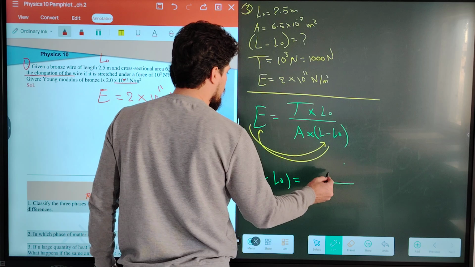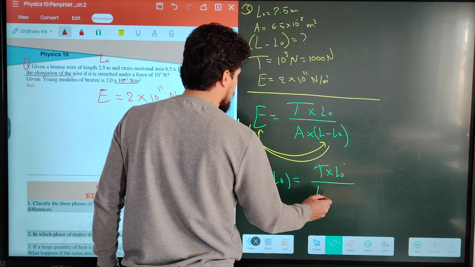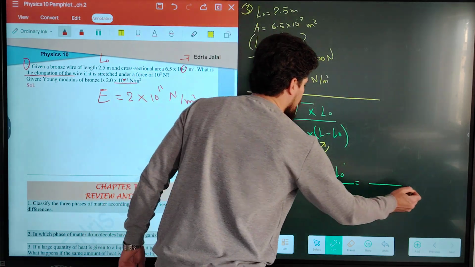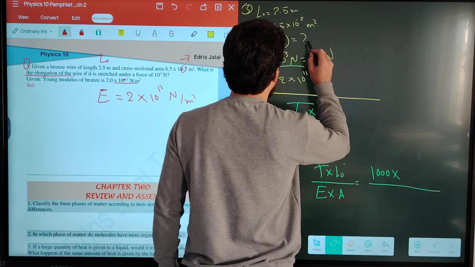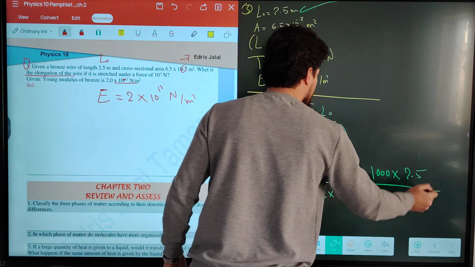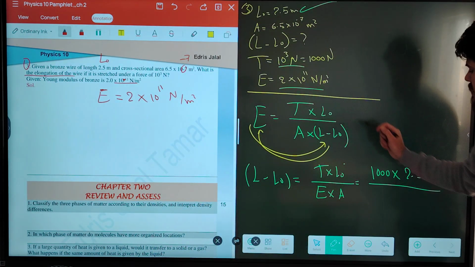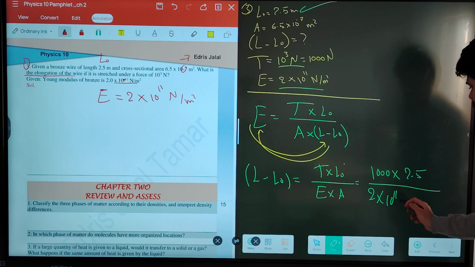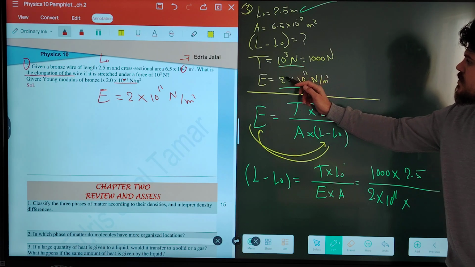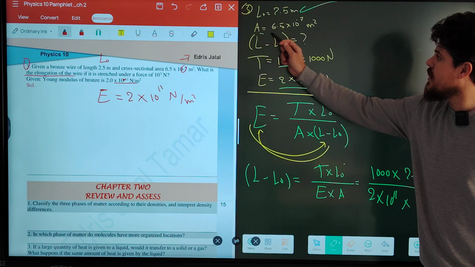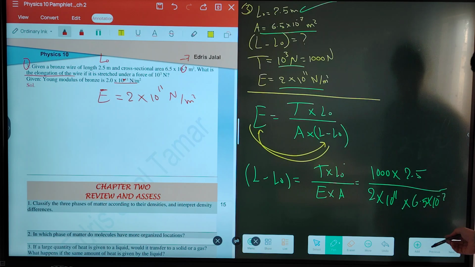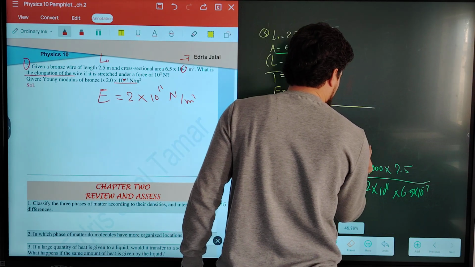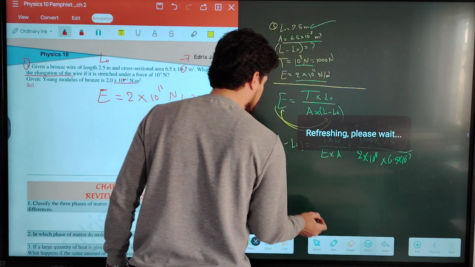Elongation is equal to what? Tension times initial length, divided by E times area. Look, do we have tension? Yeah, 1000. Do we have initial length? Yes, it was given, 2.5. Divided by, do we have Young's modulus? Yes, 2 times 10 power 11. What about the area? Do we have area? Yes, the area was given, 6.5 times 10 power -7. Okay? So by calculator you can determine the amount of elongation, which is equal to